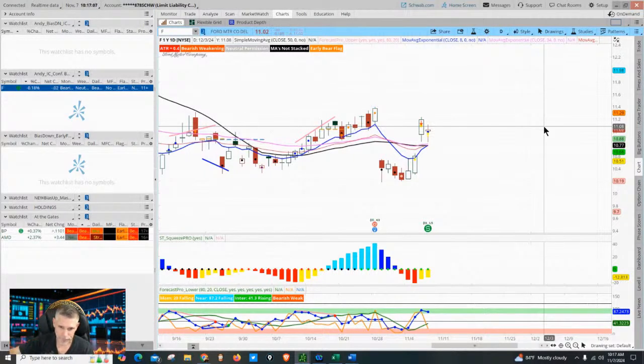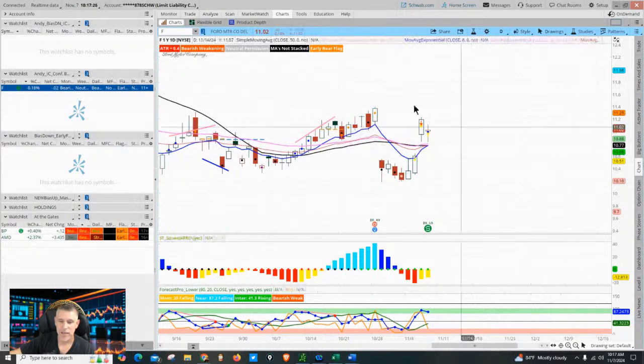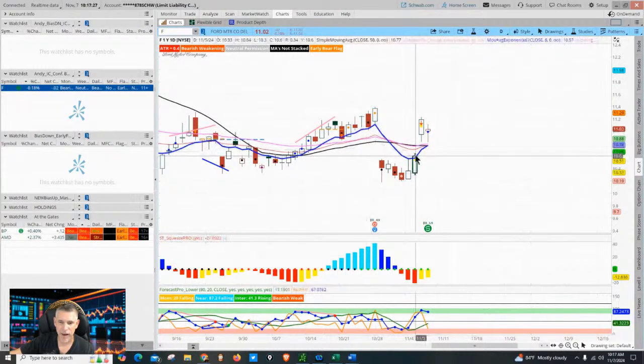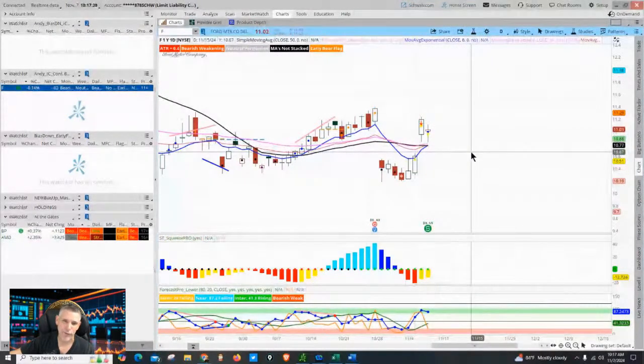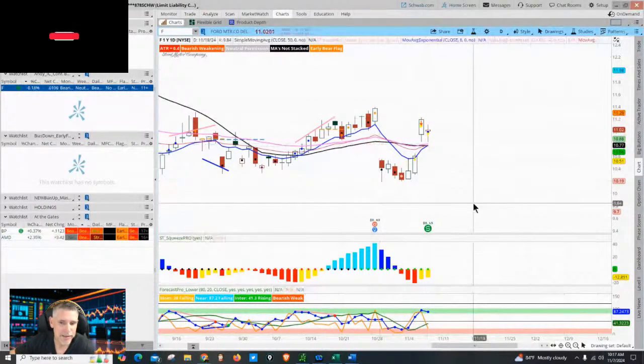So, the answer is, is it a bear flag? I guess technically it is, right? I mean, in reality, if you look at it, it is. But we're back above the 34. That's not clean. So the setup is a bear flag, but a not clean bear flag. You're back above that. It's ugly. So what do you do? Can you take an entry? No.